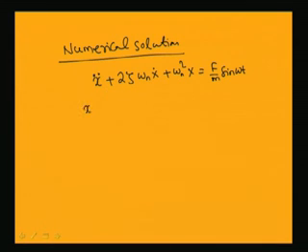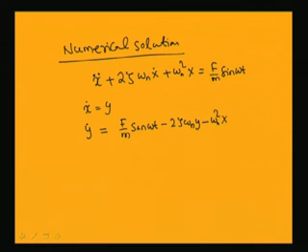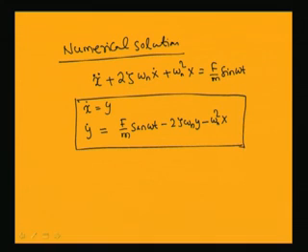You just take x dot equal to y. So, this is the first equation, and the other equation you can write y dot, which is equal to x double dot. So, that will be equal to f by m sin omega t minus 2 zeta omega n y minus omega n square x. So, this second order system is reduced to a set of first order differential equation, or two first order differential equations. So, these two first order differential equations can be solved by using the Runge-Kutta method.